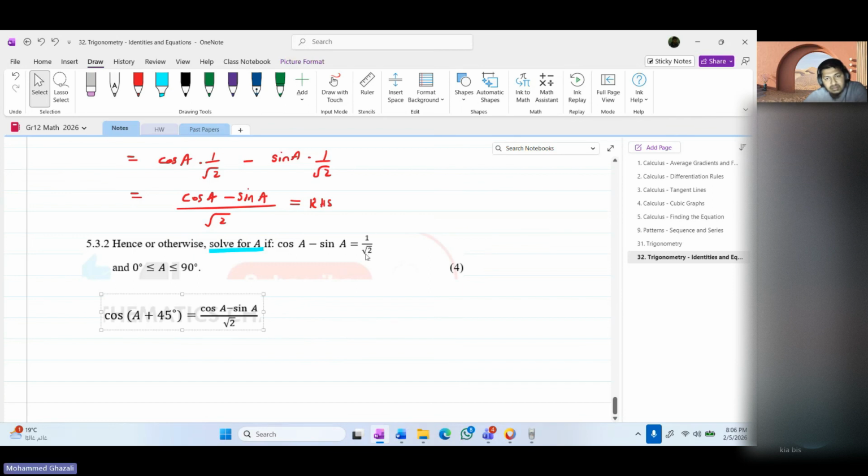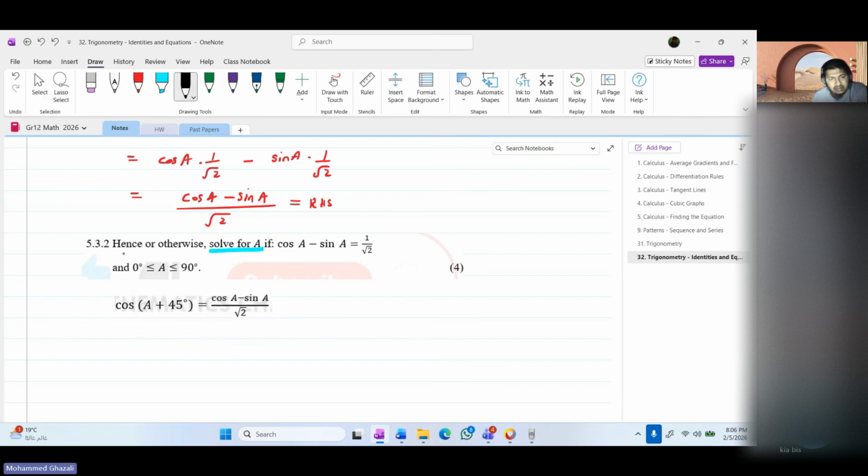This part is 1 over root 2. Okay, so we need to solve for A. Take the original, because they said "hence, use the identity above to solve." So we're going to leave cos(A + 45)